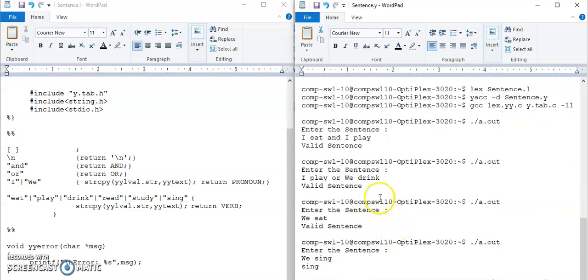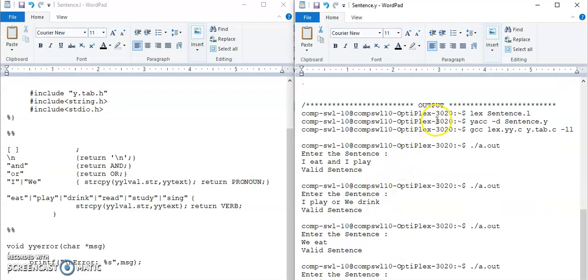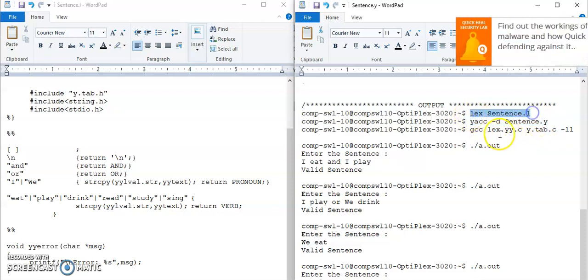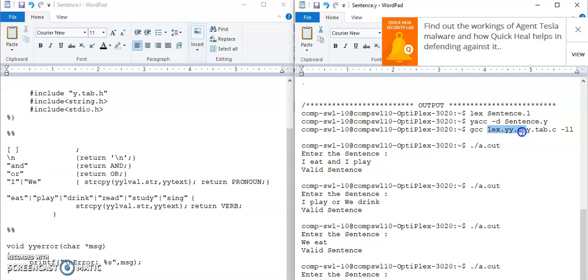As there are two files, sentence.l and sentence.y, first we have to compile sentence.l using the command lex sentence.l. Then you have to compile the Yacc program using yacc -d sentence.y. The first command will create the file lex.yy.c. The second command will create the files y.tab.c and y.tab.h.